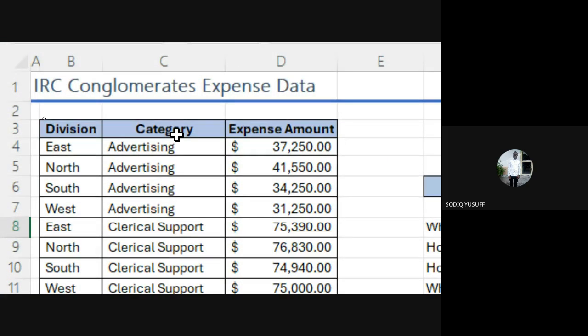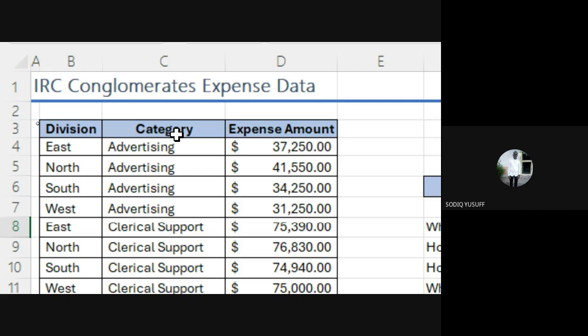So now tell me, everyone. Again, critical thinking. Range also means criteria range. What does that mean? It simply means the complete column. In which column can you find the condition that you are looking for? Expense amount. Criteria simply means the exact condition that you are looking for in that range.